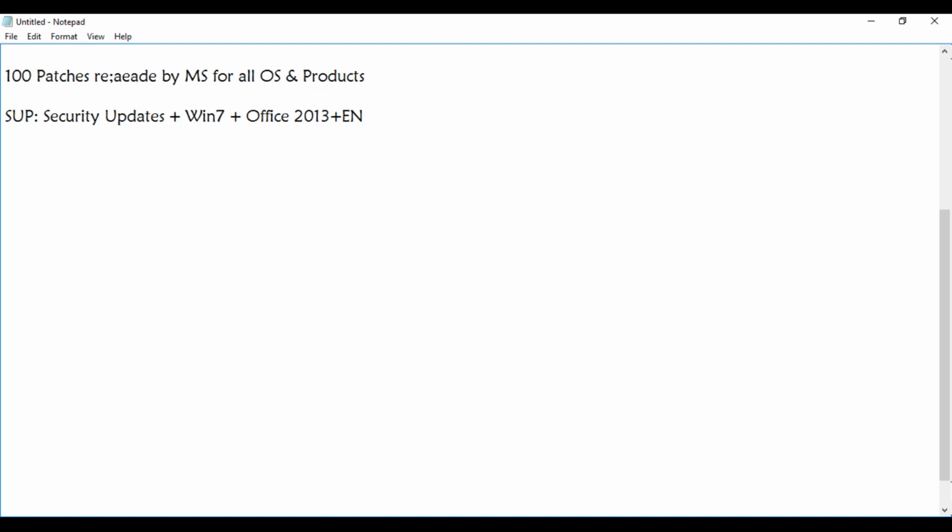So I require only security. I don't need critical updates, right? So you can define what exactly you want. You are saying this is what I want, and these are the products that I want it for. OS is Win 7 and Office 2013, and this is the language that I want. So once you have defined all these things here, what happens is,